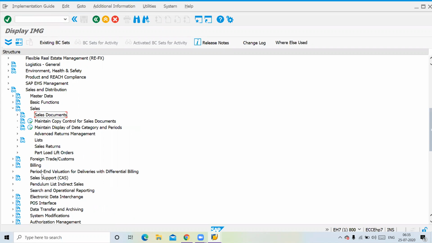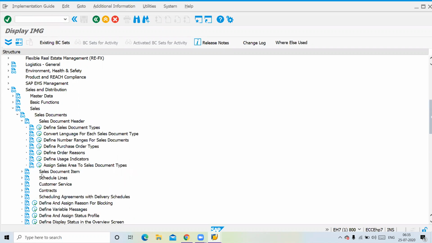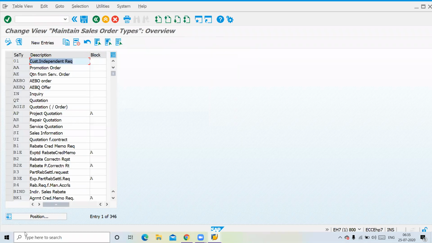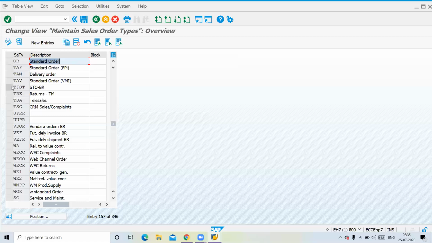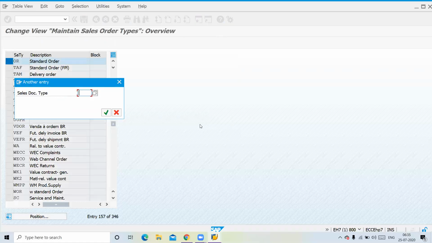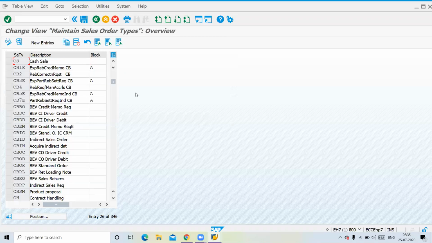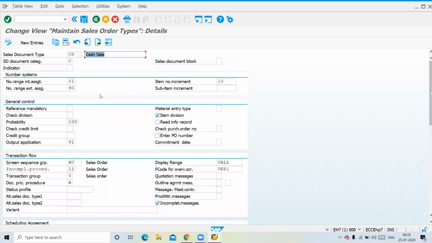Let's go to sales and sales documents and compare the sales document header. In the sales documents, this is credit sales, where I have given the name on credit basis. You can use this document. Let's go to cash sales. Everything looks similar, but there are minor differences.